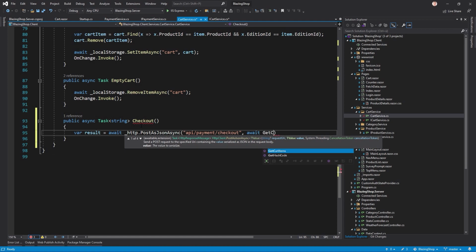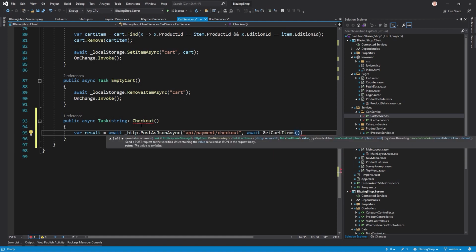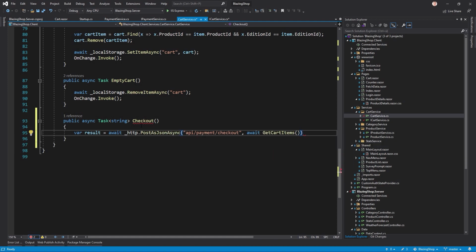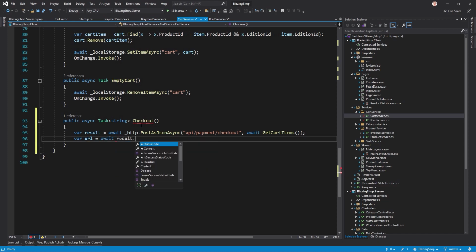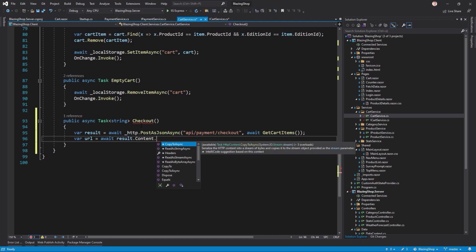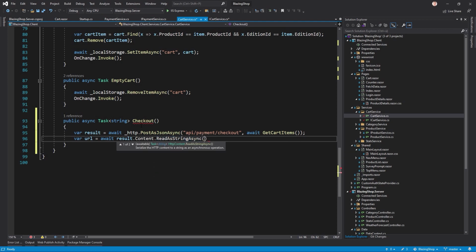Really, really great stuff. And it's actually pretty easy. So this would be the call, and again this will return a URL. So let's get this URL with await result.Content.ReadAsStringAsync,